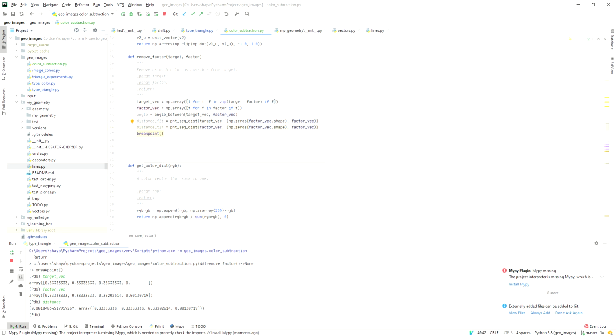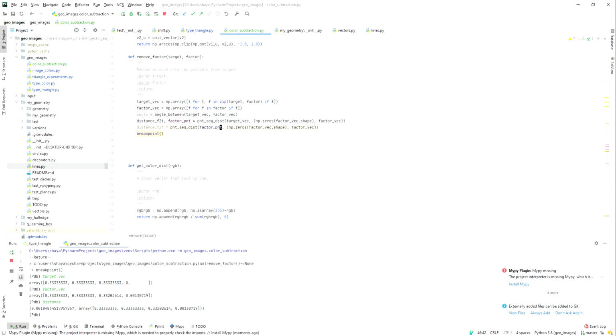So I'm going to look at my factor vector and find the closest point on my target to, okay, so the distance and factor point, right, is going to be this. The factor point is going to be the amount of my factor that fits best in. So now I want to move along, find this factor point,